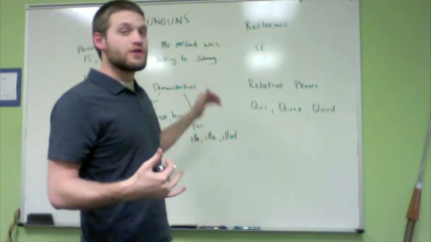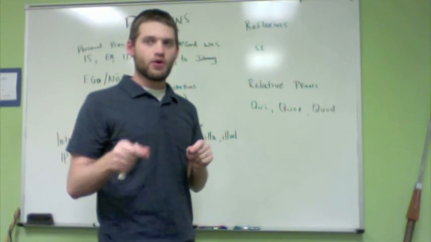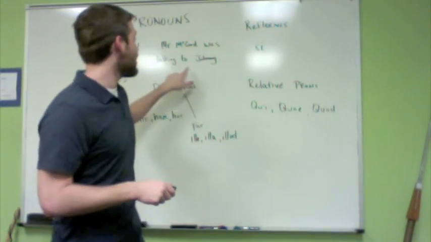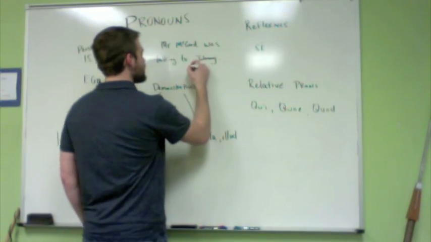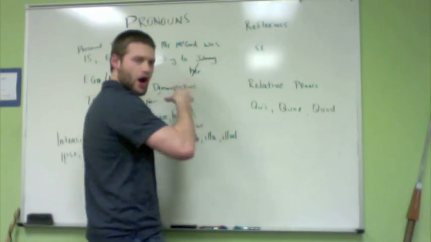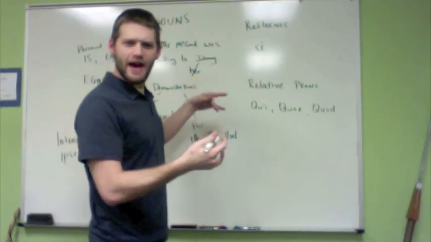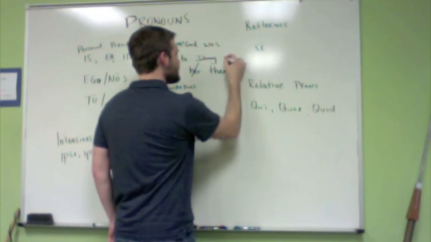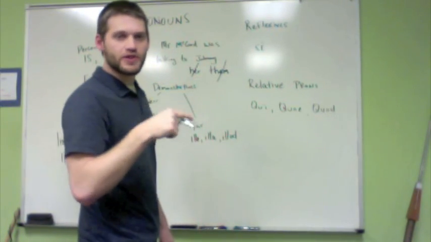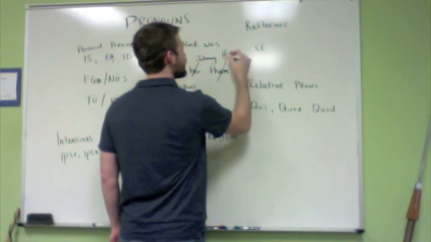And I often ask my students, okay, what pronoun would take the place of Johnny? And there's a really important lesson that we get from it. Mr. McCord was talking to her. No, that doesn't sound right. So it's not her. So I make sure they understand it. Her wouldn't work. We're going to get to why in a second. Mr. McCord was talking to them. No, that doesn't work either. The correct pronoun would be Mr. McCord was talking to him. Him would be the correct pronoun.